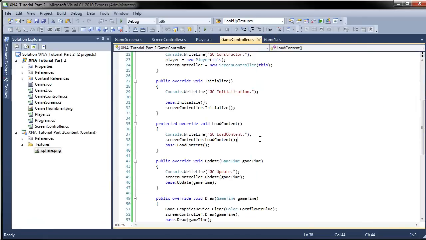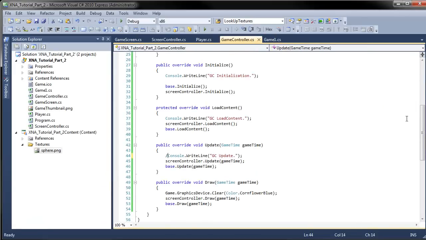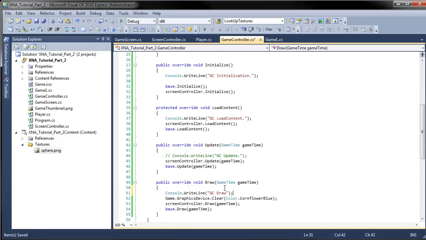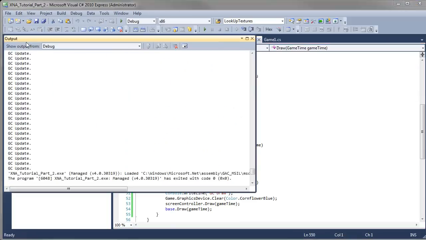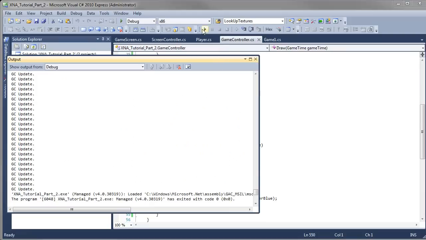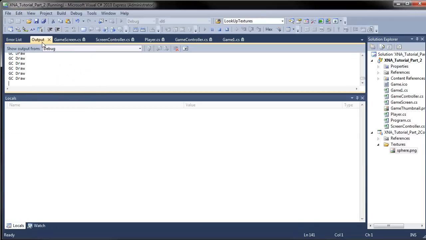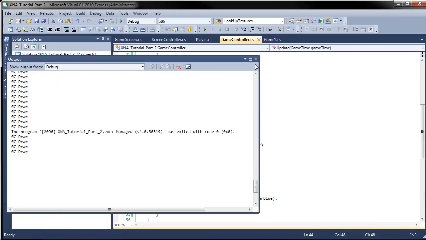So we can actually comment this one out, and let's start following our code. Where's the problem? Here's the draw method. Let's check if we get it called. gcDraw. And let's go to view output and let's click play. Output gcDraw. Cool. The draw method gets called,